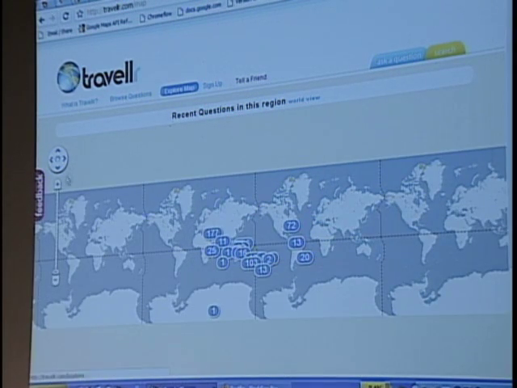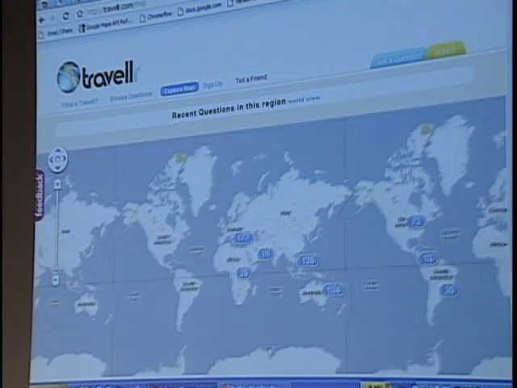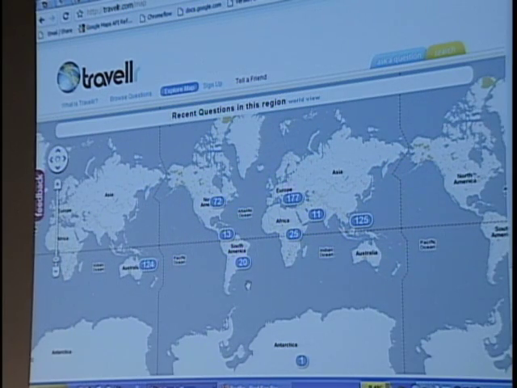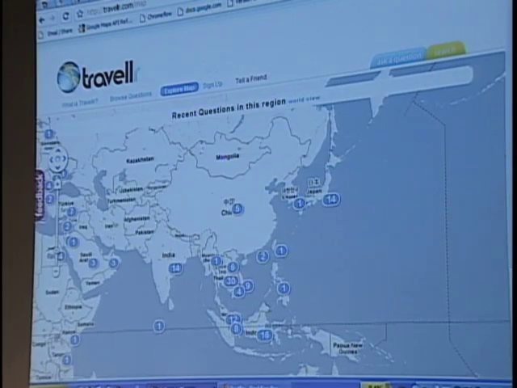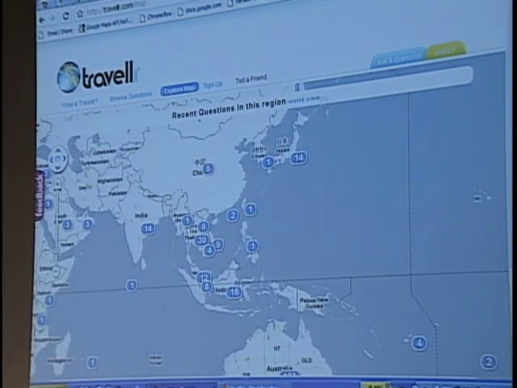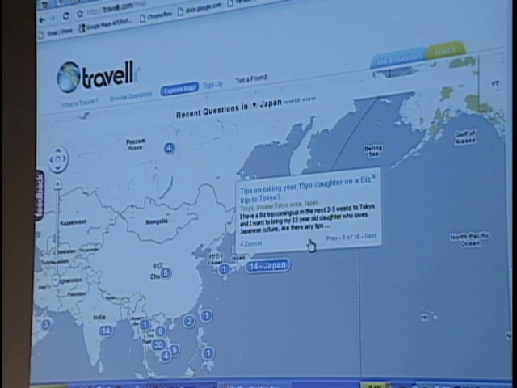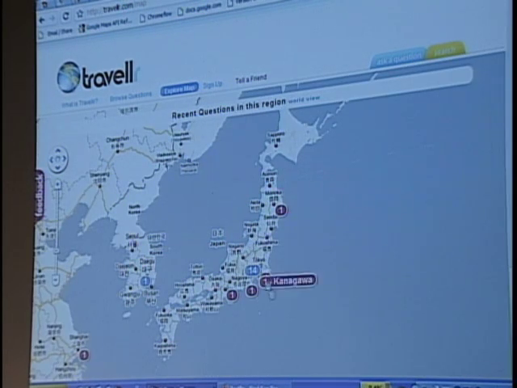So this is Traveler. And they're basically like Yahoo Answers, but for maps. So you can see when you begin, they're basically showing continents. So I can see there's 125 in Asia. And then I can zoom in, and it'll show me, I guess I should do Japan since we're in Japan. There's 14 in Japan. They're an Australian company, so they have a lot more in Australia. And you can see, all right, there's still